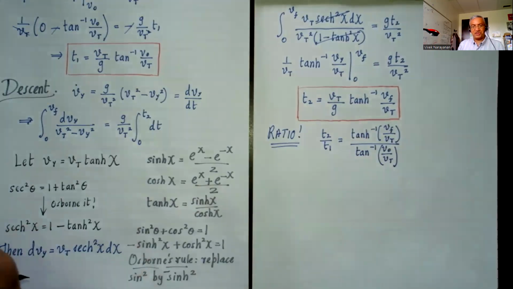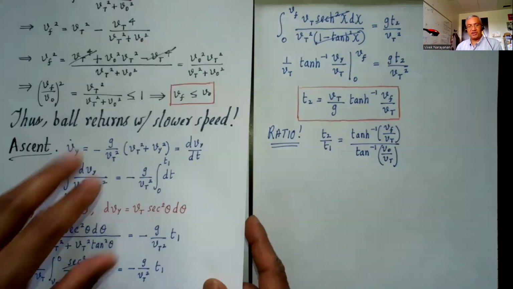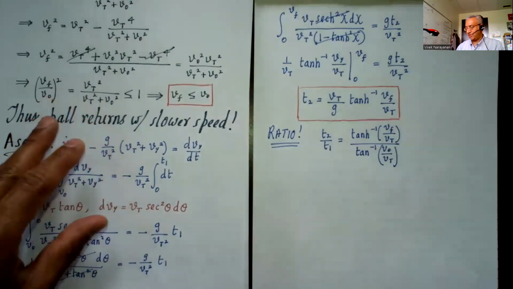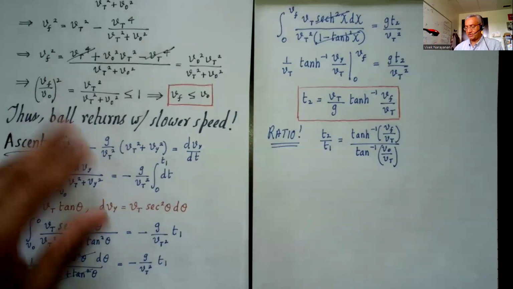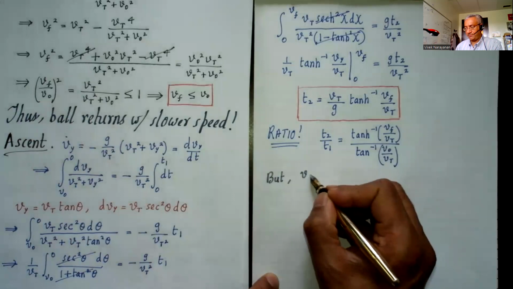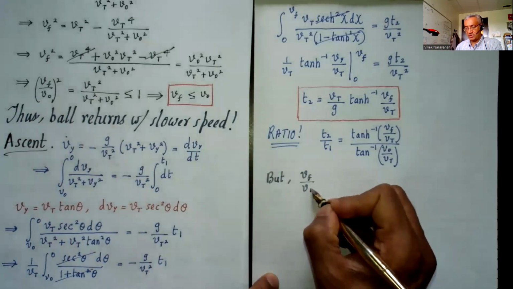Now, earlier I showed you something. When we did the first part of the problem, we have this very important result. So let's go back to that result. But Vf over Vt